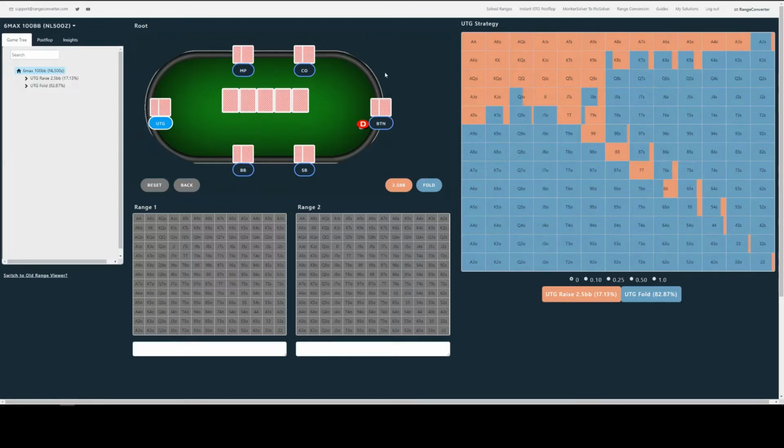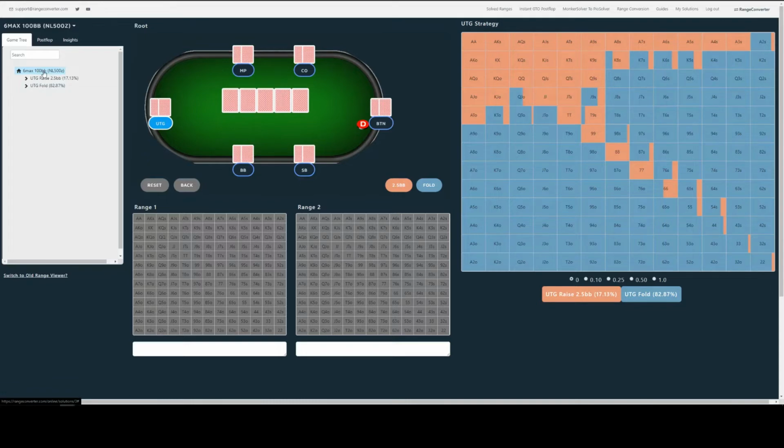If you're not familiar with the layout of this and the elements of the screen, I'd recommend watching the online pre-flop browser video, where we run through how to use the browser and what each of the elements are on the screen there, and it's pretty much the same. So okay, let's have a look. There's a number of ways to navigate to PostFlop. You can either navigate through the pre-flop scenario via the game tree here on the left, clicking through each action.